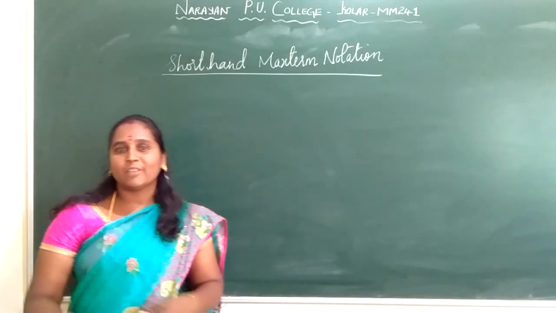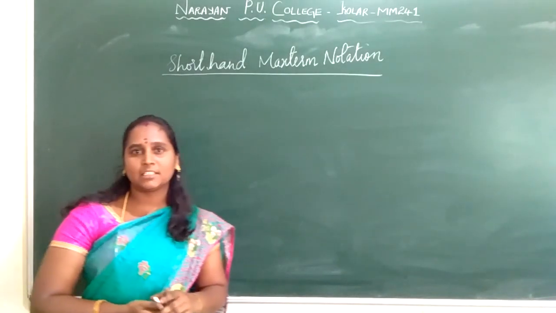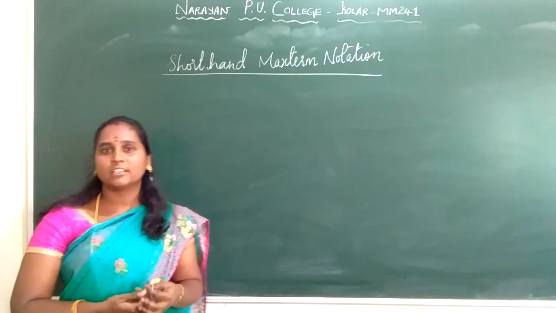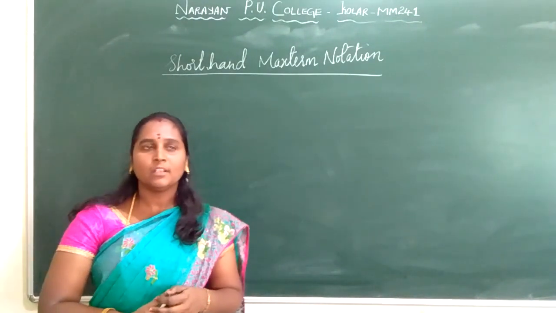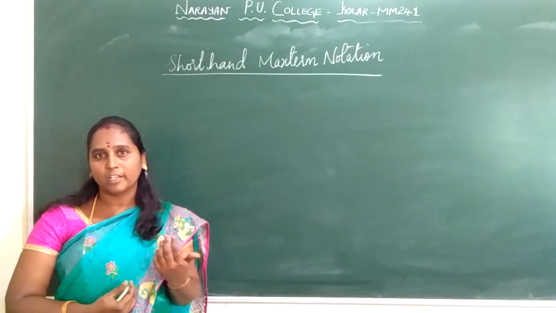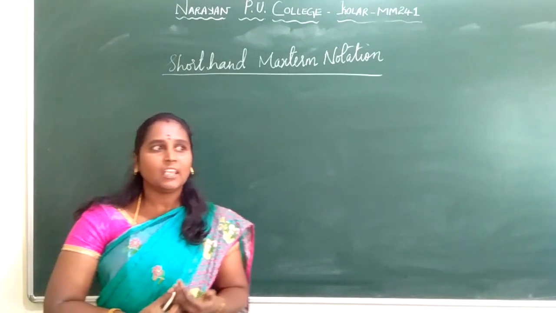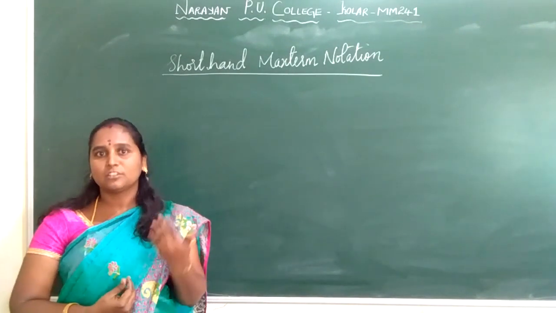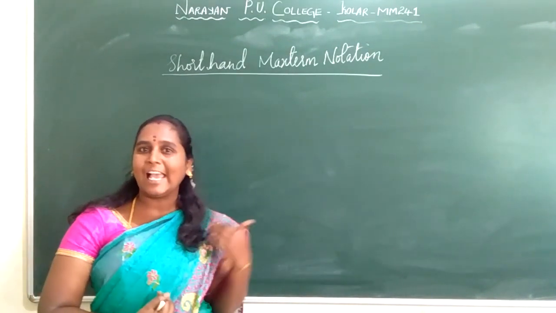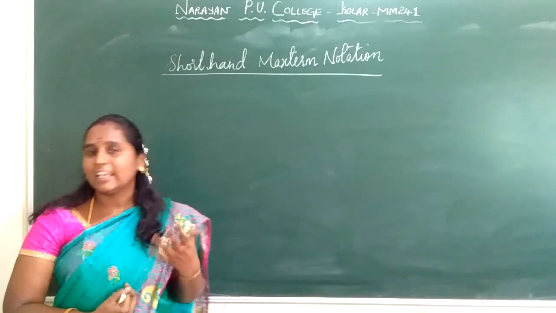Students, last class we discussed min term, max term, canonical sum of product, and canonical product of sum. We left off in product of sum, that is nothing but max terms. In that, first we saw the truth table method. Second, we went through the algebraic method. In the algebraic method there are 5 steps.